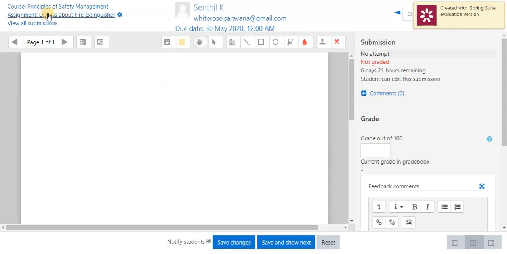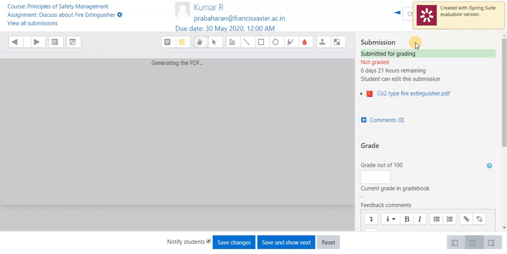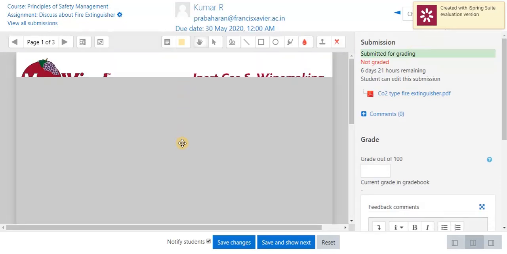In the top left corner, our course name will be visible. Here the student name will be visible and his mail ID. Actually, this student up to now did not submit any assignment. We can easily navigate to the next student's assignment page by selecting this option. Here 3 students are there. These students submitted the assignment, so I am clicking the student name. His assignment page appears here.